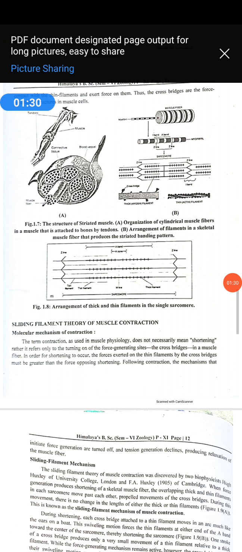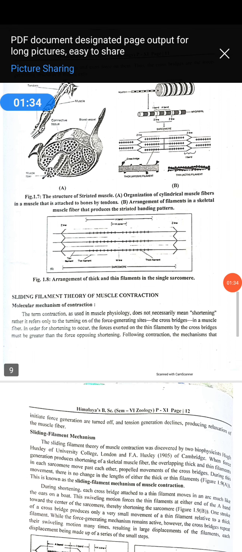So the myosin head contains ATPase activity. It is an enzyme. It can derive energy by breakdown of the ATP molecule. This energy is used for the movement of the myosin heads. Understand? The movement of the myosin head requires energy, and that energy is provided by ATP with the help of the enzyme ATPase. That enzyme breaks the ATP and provides the energy for this movement.